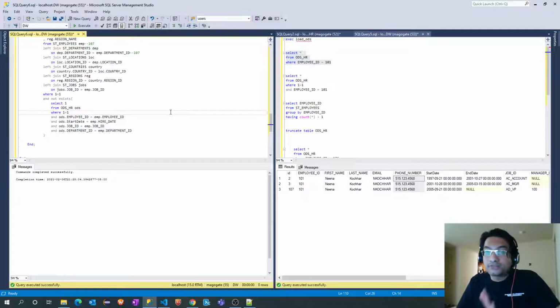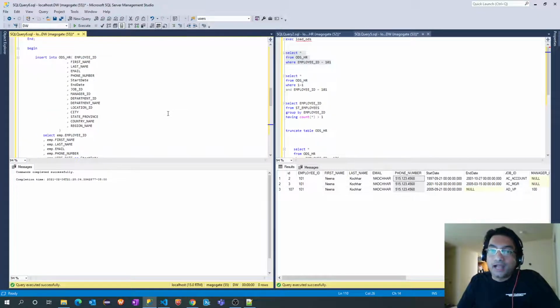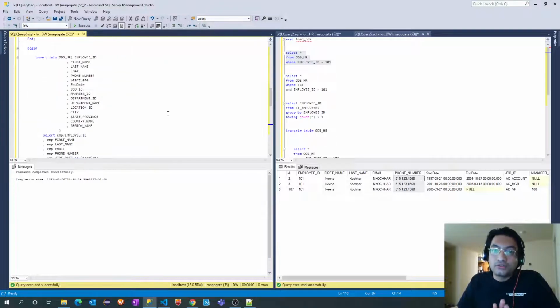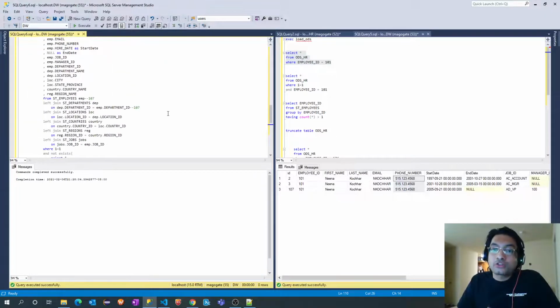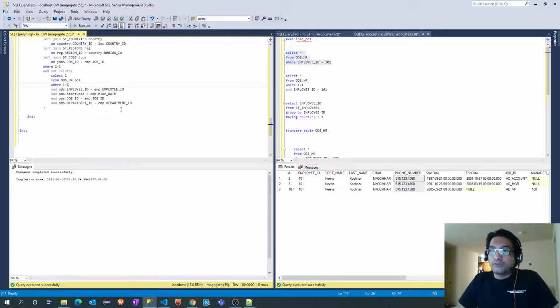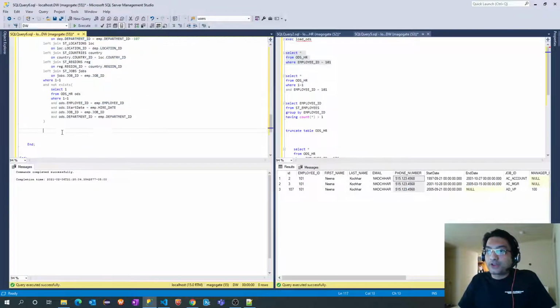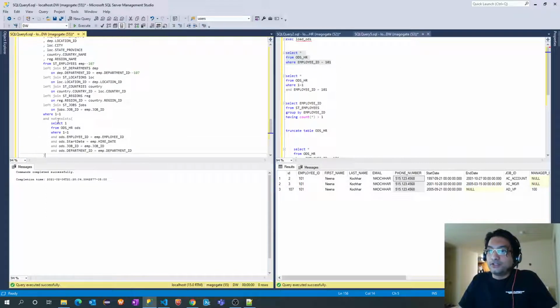Now there are two ways we can handle this. First, you either truncate the entire ODS table and repopulate it, or you can update the records. So records which already exist, which match between the staging table and the ODS table, you update those records. So write an update SQL. Instead of truncating the ODS table, we'll write an update SQL. Before that, let's grab this query, and instead of NOT EXISTS, we'll use EXISTS.